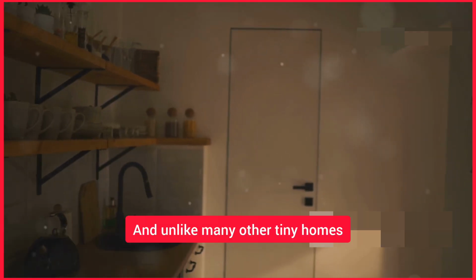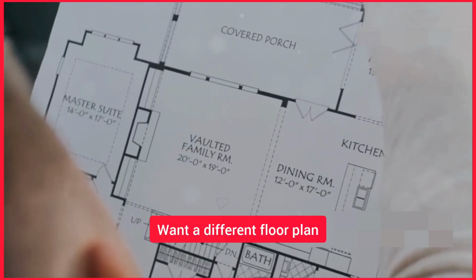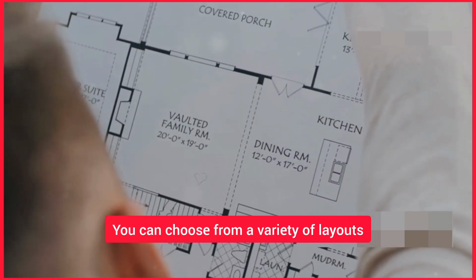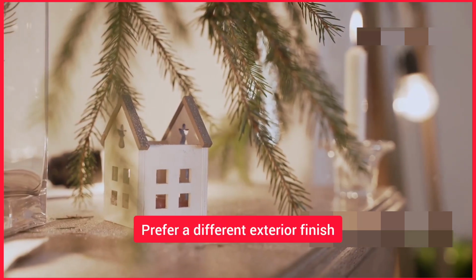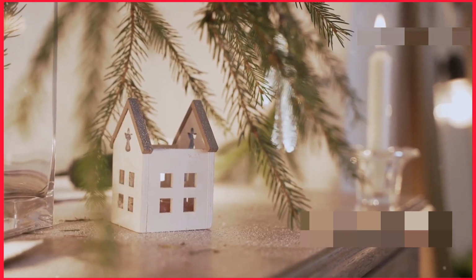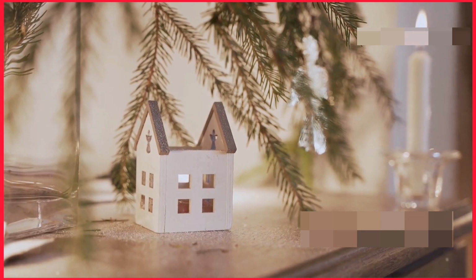And unlike many other tiny homes, this one is completely customizable. You can tailor it to fit your unique style and needs. Want a different floor plan? No problem. You can choose from a variety of layouts to suit your lifestyle. Prefer a different exterior finish or indoor layout? Amazon's got you covered. With multiple options available, you can create the tiny home of your dreams, all with the